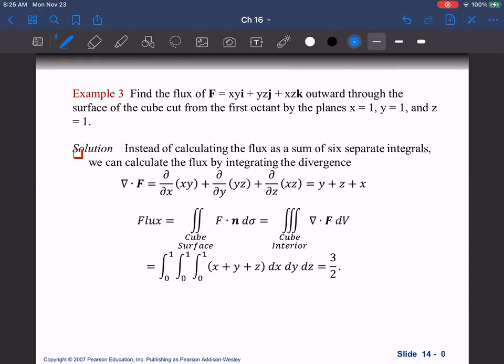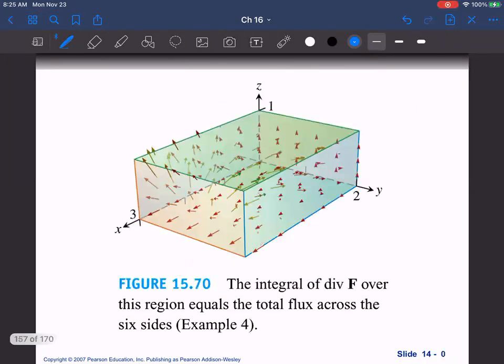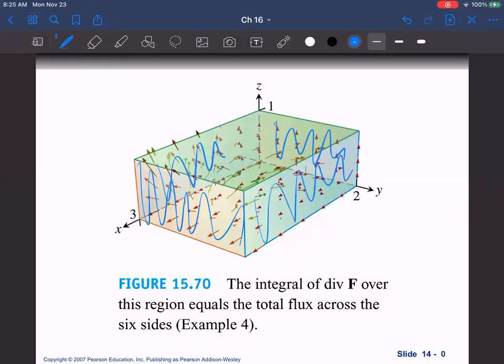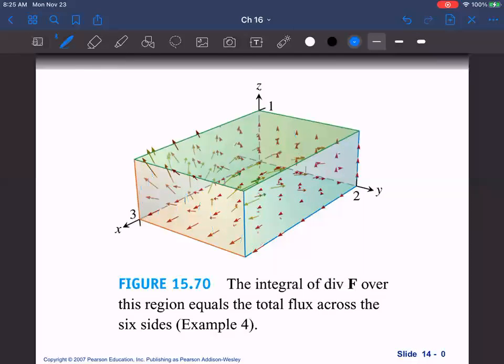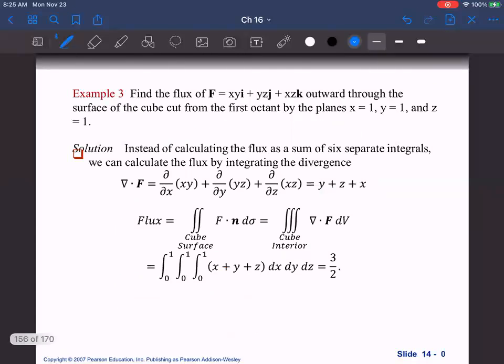And so instead of going through and calculating the flux of 6 different integrals for each face of the cube, right? If the cube is like this, we'd have to go through and calculate for this face and this face and this face and this face and this face, and then that bottom one. So we don't want to do all of that and calculate them all up. So instead, what we can do is just take advantage of our divergence theorem here. And instead of summing up through all the faces, we can simply sum up the interior here. And so you see we calculate the